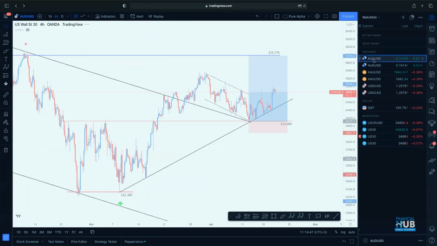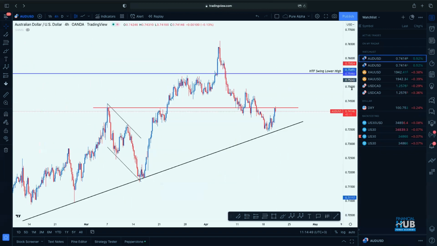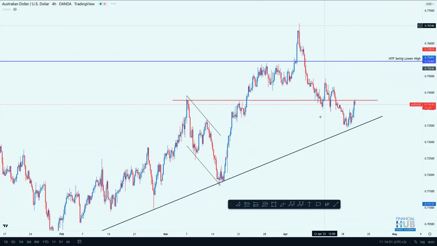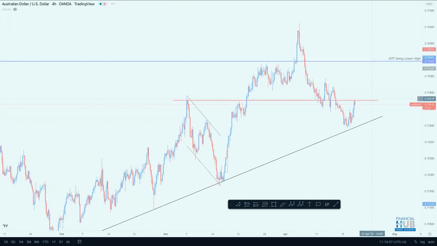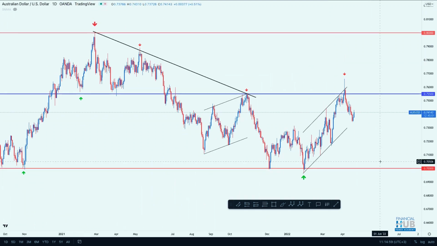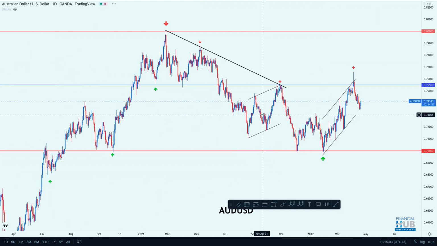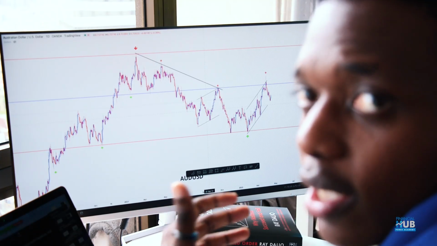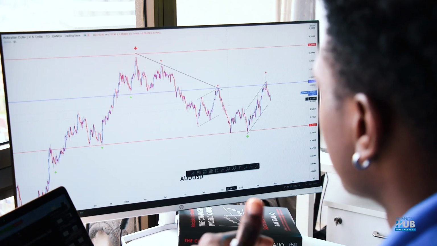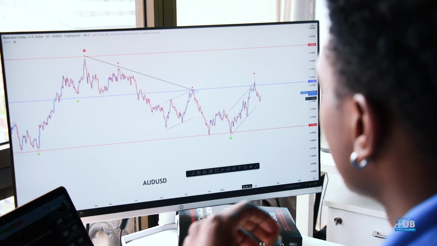If you go to Aussie dollar, I'm very, very active on Aussie dollar, but at the moment I don't have anything much. Let's go to the daily chart. I don't have anything much on it. So bigger picture time frame, what am I looking at? On the daily chart, I'm looking at the direction of the trend as well as the levels of support and resistance. You can see the market came and respected the